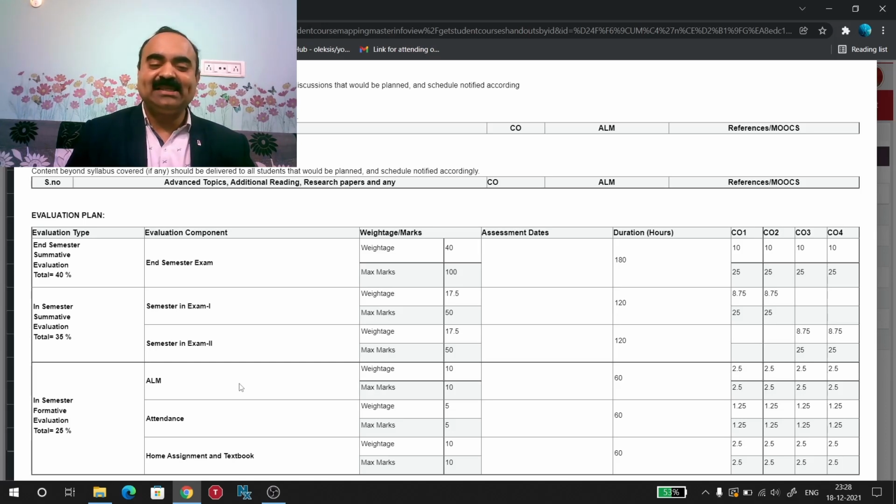In end semester examination, you will be given a 100 marks paper, but it will be taken for 40 marks. Out of 40 marks, you have to get 16 marks, provided your internal marks are 24. If your internal marks are 20, you have to get 50 out of 100. That means 20 out of 40.